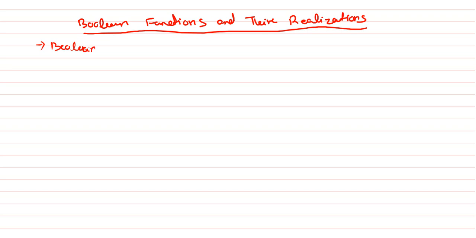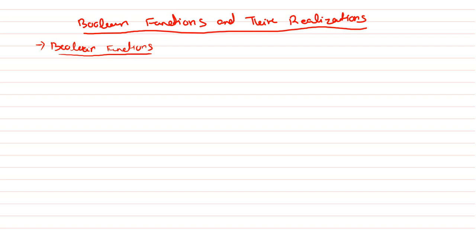Boolean functions. So till now we are dealing with the logic gates and their outputs. Up to now we have read about the Boolean functions and the theorems, that is De Morgan's theorem, duality theorem, and all the properties, that is a plus a equals a, something like that. So we have discussed all those things. Now we will discuss the Boolean function. We will learn how to express a Boolean function, how to minimize a Boolean function, and we will be reading about the Karnaugh map, that is called the K map.